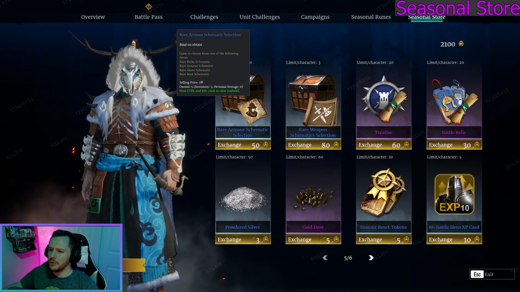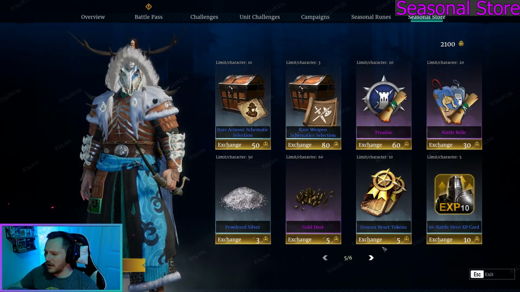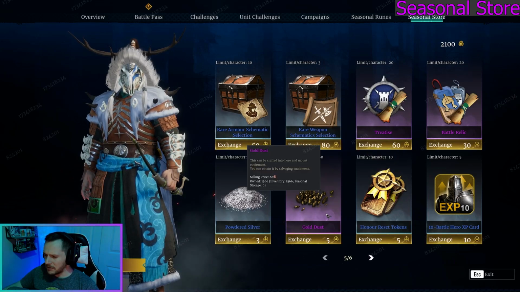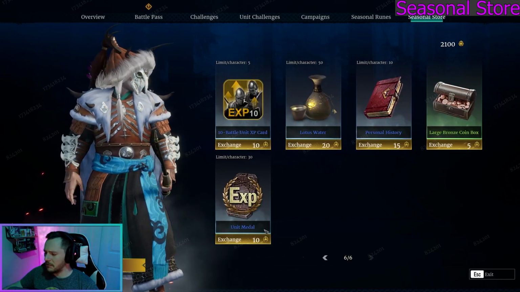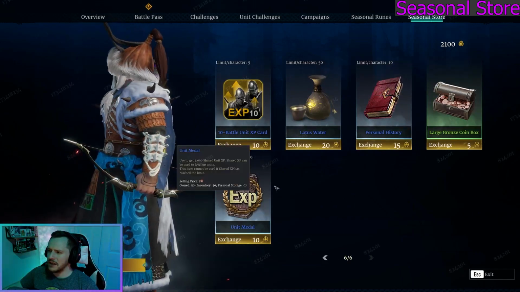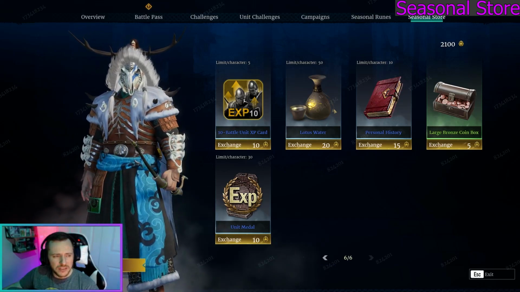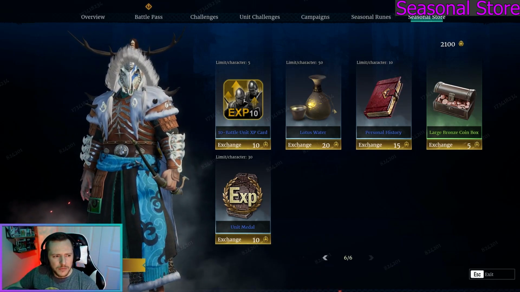And then you have your normal schematics. You have treaties, obviously for epic doctrines. And then powdered silver, gold dust, XP cards, personal history, large coin box, and experience. So some other things to note about the seasonal store is seasonal 3